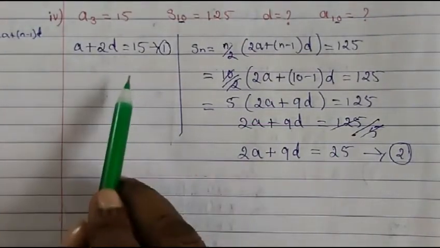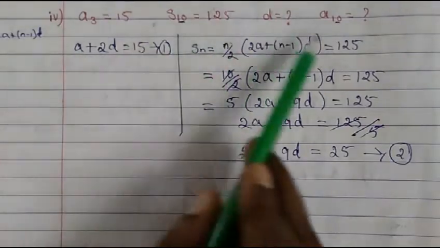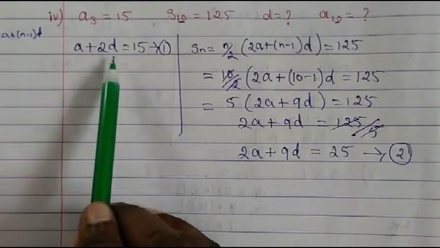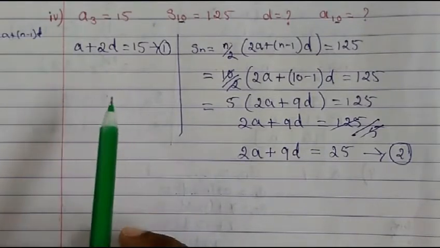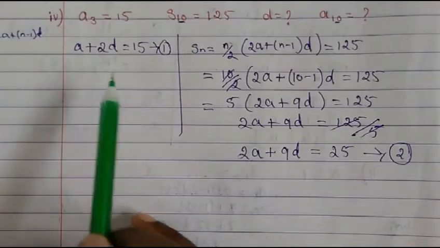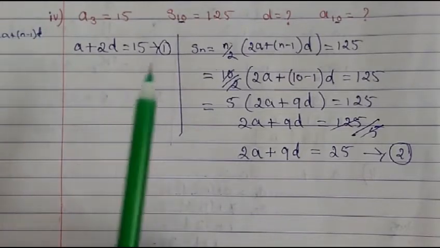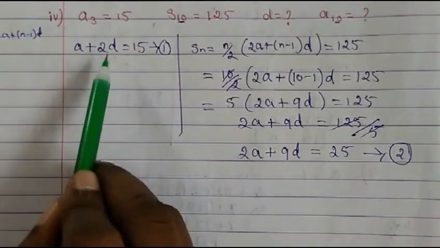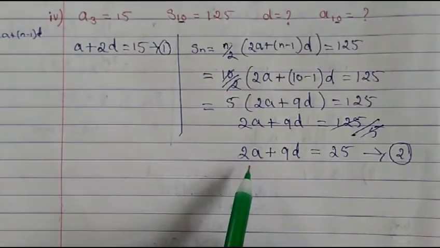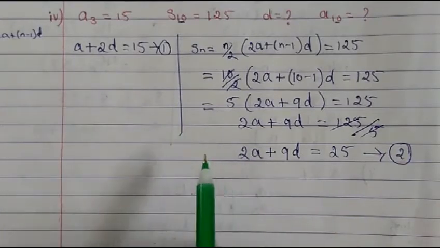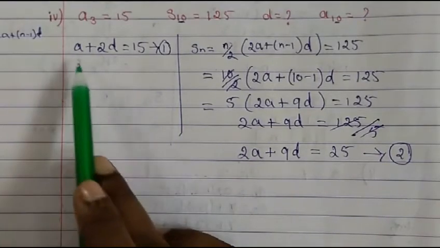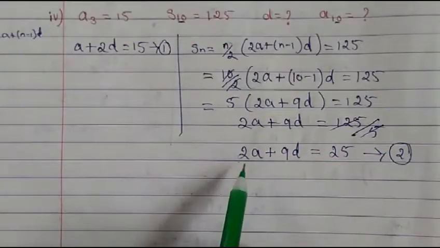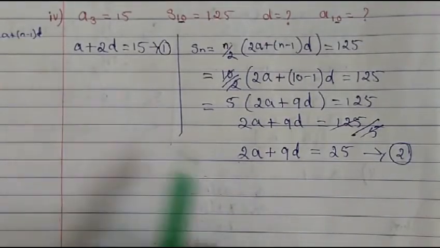So we have made two equations here because a is not given to us, so we have to find out the a value. Even to find out d, we need two equations. Then only we can use the elimination method to find out either a or d. So now we have two equations. Now you see here we have 1a, but here we have 2a. So we cannot eliminate, because for elimination we should have the same coefficient. Then we can cancel it. But here 1a is there, here 2a is there. So we cannot totally eliminate this.